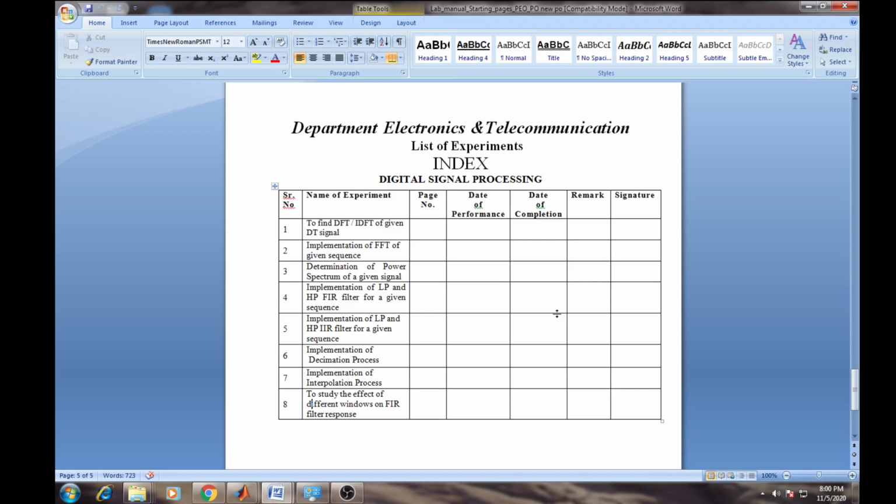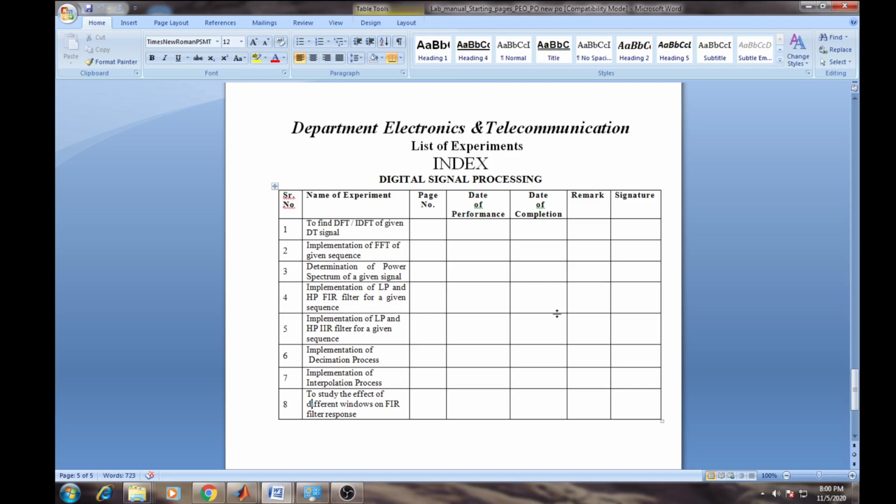The third is based on determination of the power spectrum of a given signal. The fourth experiment is based on the implementation of low pass filter and high pass filter using FIR filter techniques for a given sequence.